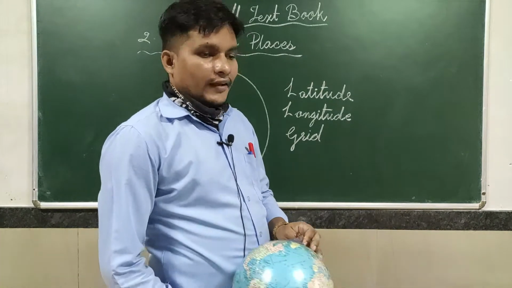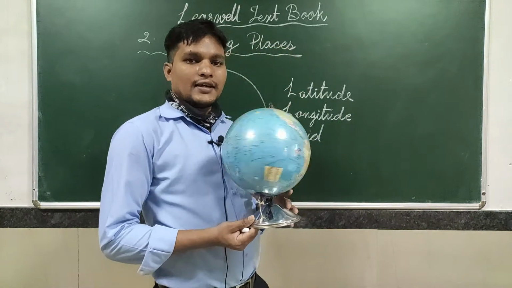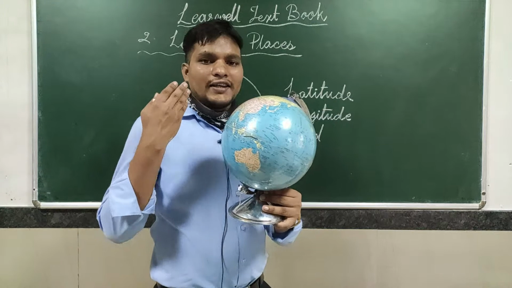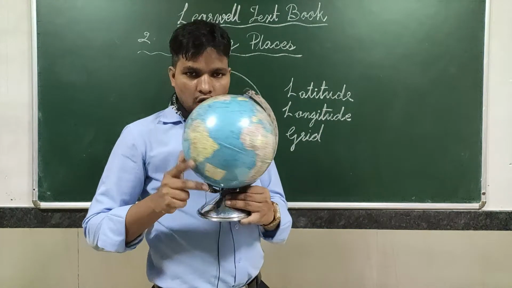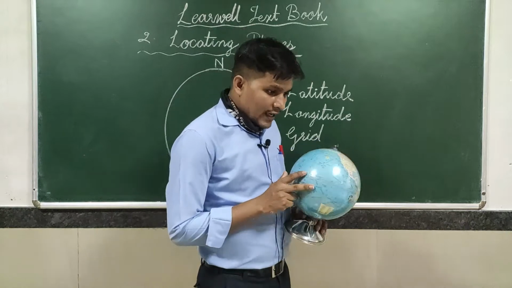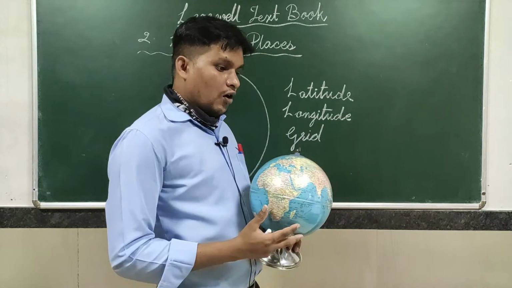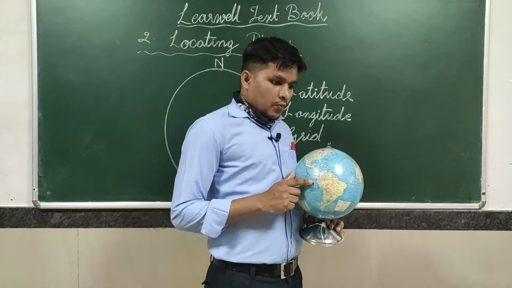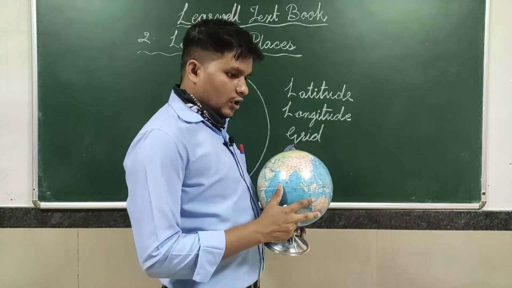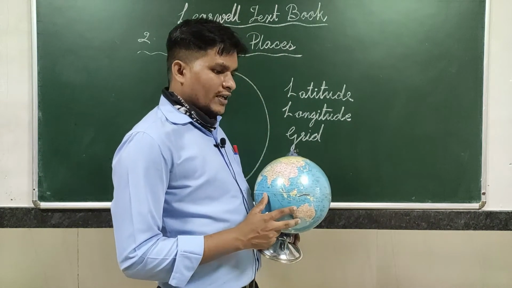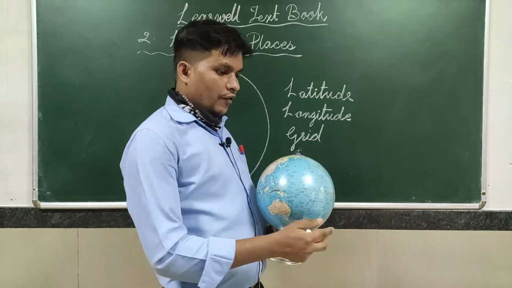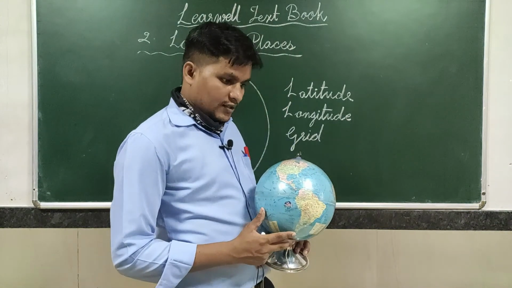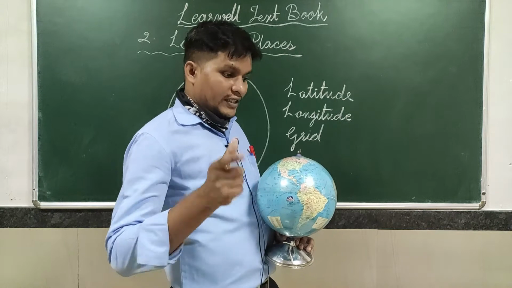All the continents and oceans. Look, it is just to think it is a real world, but it is a figure of the Earth, that is what we call a globe, isn't it? So all the continents and oceans, countries and cities are marked on a globe. Without any reference point, it is difficult to locate a place on the globe. In order to locate a place, we need certain reference points. When we look at a globe, we are able to see only one side. To see the other side, we have to rotate it.